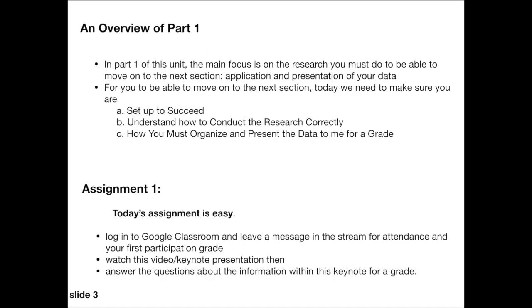Slide number 3, an overview of Part 1. In Part 1 of this unit, the main focus is on research you must do to be able to move to the next section, application and presentation of your data. For you to be able to move on to the next section, today we will make sure that you understand how to succeed, how to conduct research correctly, how you must organize and present the data to me for a